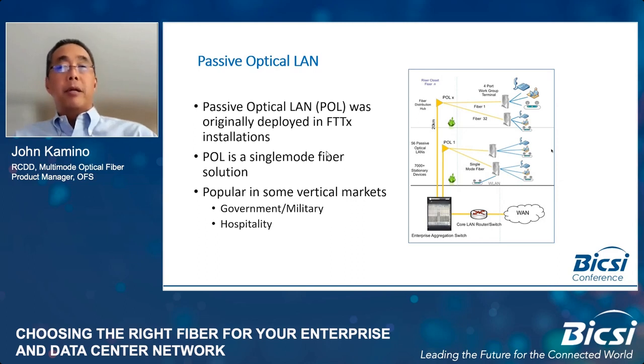Another way to implement a local area network in an enterprise is passive optical LAN. Passive optical LAN was originally deployed in fiber to the home, or fiber to the MDU, fiber to the multiple dwelling unit, but now has been modified in some cases to support fiber in the enterprise. This is a single mode fiber solution, and it uses a centralized switch